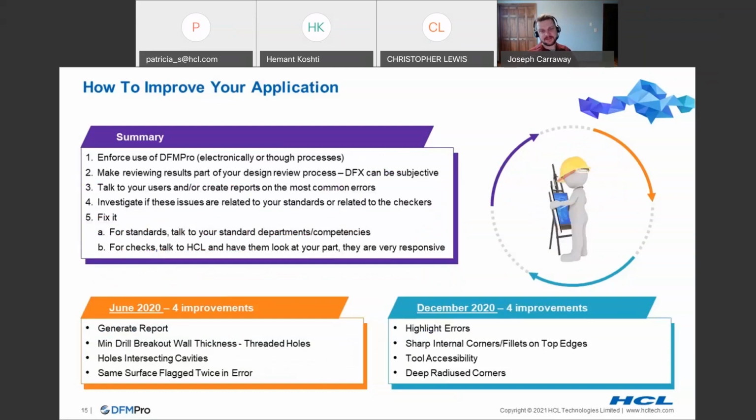Now, my last slide here is really my tips to improve your application. The biggest one is you have to enforce the use of DFMPro. I highly recommend you do it electronically. Processes always leave room for error. So Checkmate, or whatever is equivalent. And of course,